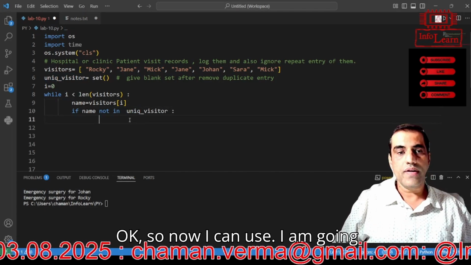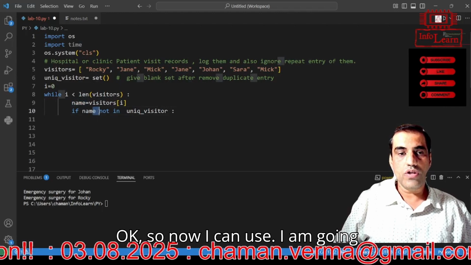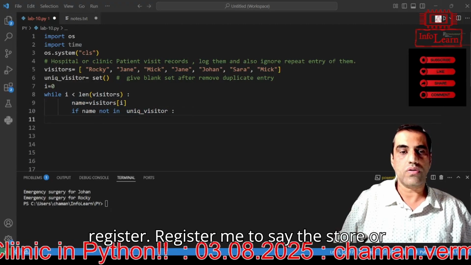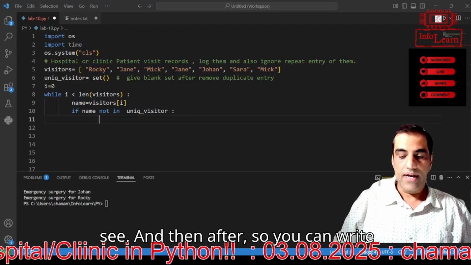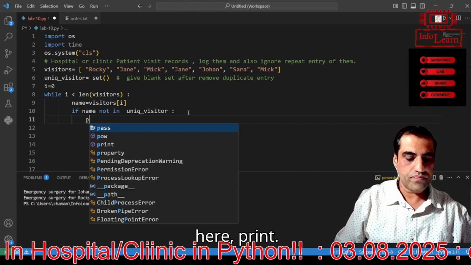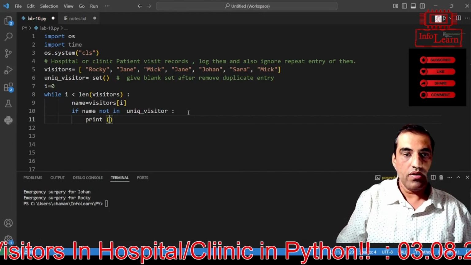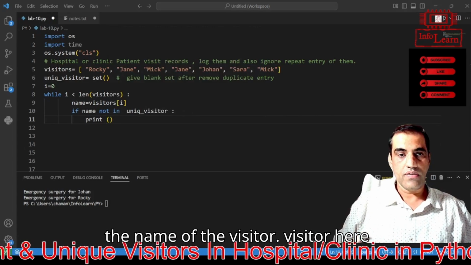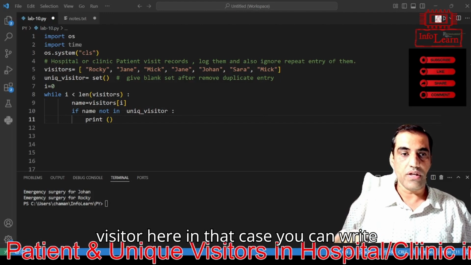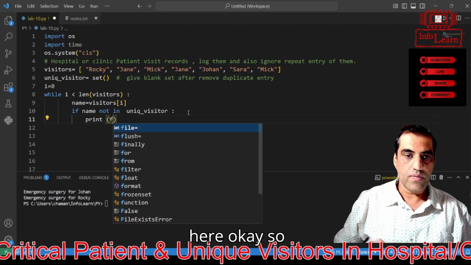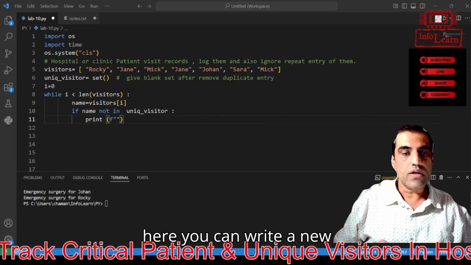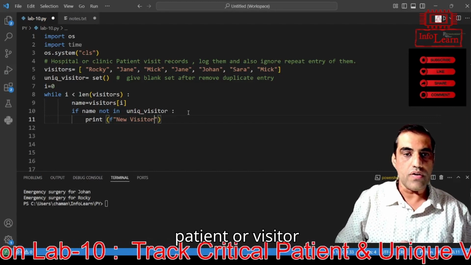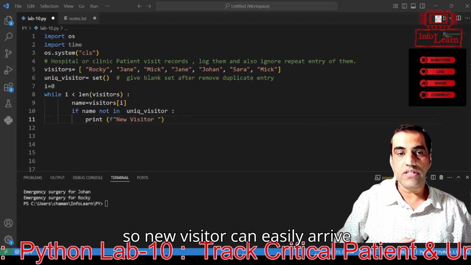This is the idea. Okay, so now I am going to look into the unique register. Register means to say the store or something like that. And then after, you can write here print. You will print the status, or mean to say the name of the visitor here. Example, somebody will come, the new visitor here. In that case you can write here a new patient or visitor. So a new visitor can easily arrive